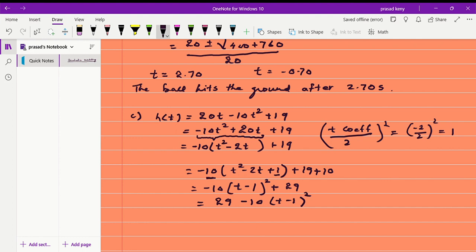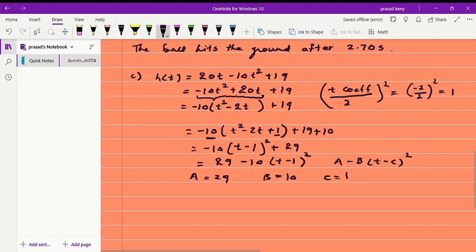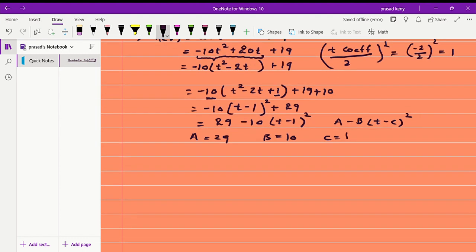So I have to compare this with a minus b into t minus c the whole square. So a is equal to 29 here. Negative b is negative 10. So b is 10. And negative c is negative 1. So c is equal to 1. And using this, I have to predict the maximum height reached by the ball and the time when this maximum height is